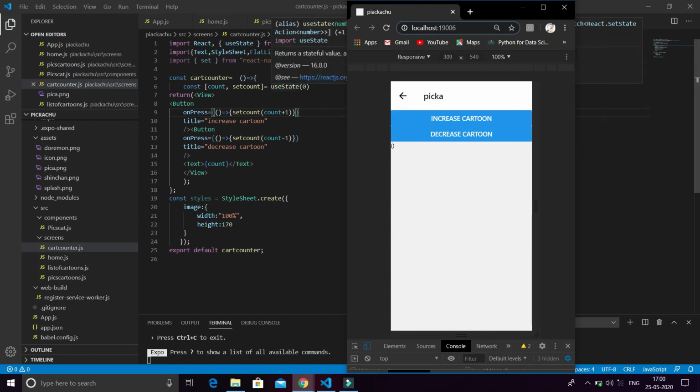The useState initial value 0 is set to the count value, because we are reflecting only the count value here. When we click on increase, the setCount was increased by 1, and as setCount increases, the useState function detects it, puts that value into the count and refreshes the whole app. Now the value of the count is 2.